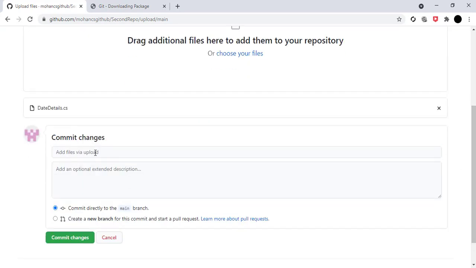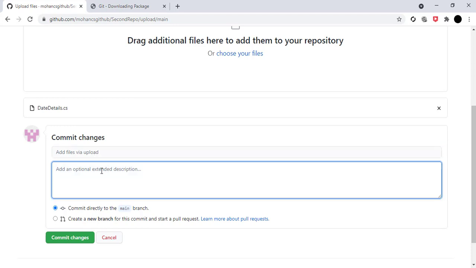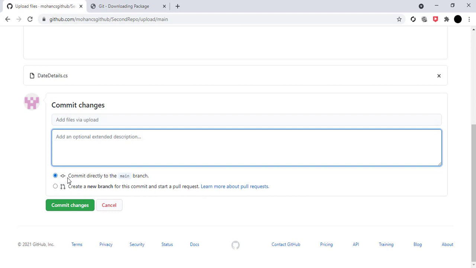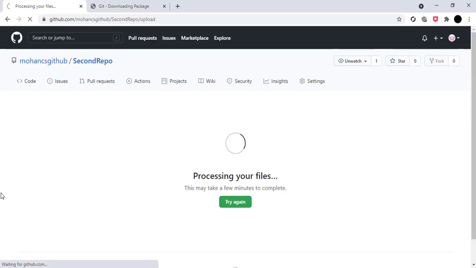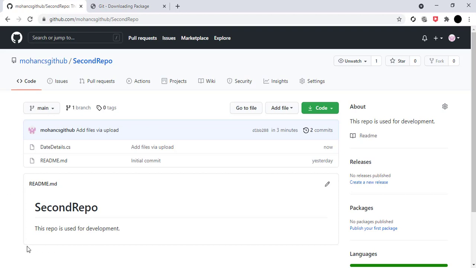If you want, you can add some text here, but for now I don't need to add any text. The commit goes to the main branch, which is the default branch. I'll explain Git branches in detail in a later video. I just click Commit changes here. After that you can see in my second repo repository that the file is available here,